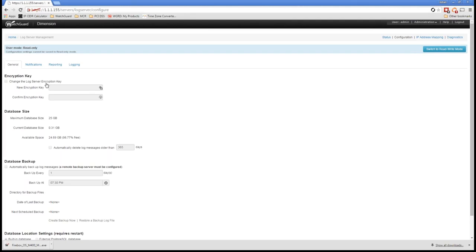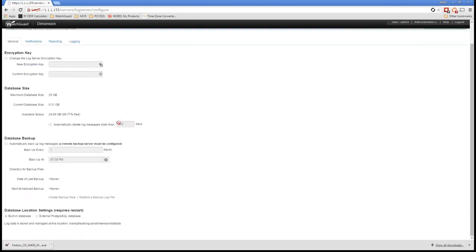So from here, I can change my encryption key. If you have a remote firewall that's sending over the internet, those log entries are encrypted. You can go ahead and change it here. You can talk about your database size. For instance, I have a 25 gig database size here. I can set it to automatically delete log messages older than X amount of days so that I don't bump up against that ceiling. I also have a backup log messages option, so if I wanted to, I could export that out to a remote FTP site. I can also have an external